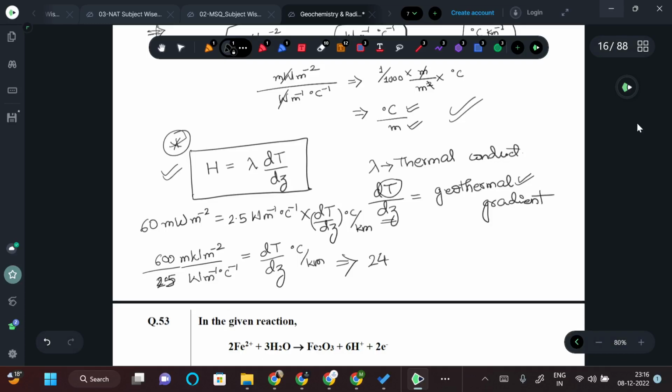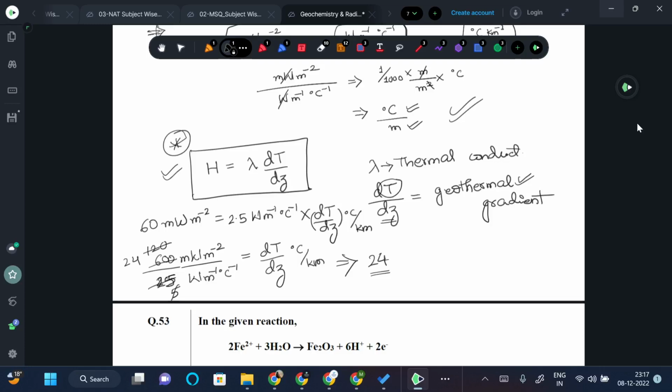Okay, like this. Right, it will be 24. So it comes out to be 24, but what we need to additionally multiply over here,